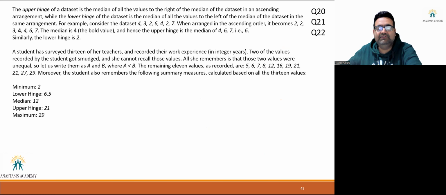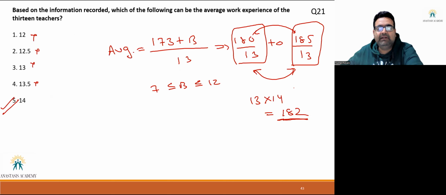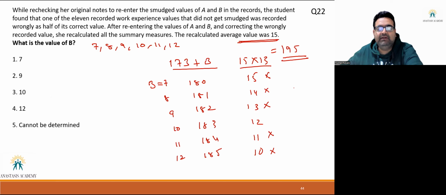Look at the numbers which are given to us. If I have to double one of them, if I double 6, I'll get an additional 6. If I double 16, I'll get an additional 16. But none of the 15, 14, 13, 11, 10 is there. There is a 12. So there is a 12 which I can double, right? So B equal to 10.